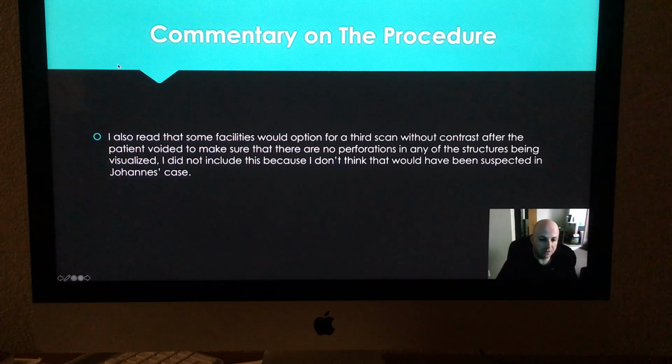So I also read that some facilities would have an option for a third scan without contrast after the patient voided, just to make sure that there's no perforations anywhere in the system. So you know, see that contrast start to leak out into the body cavity. But I didn't include this because they didn't really suspect he had a perforation, so I didn't include that in this exam, but it is possible depending upon the